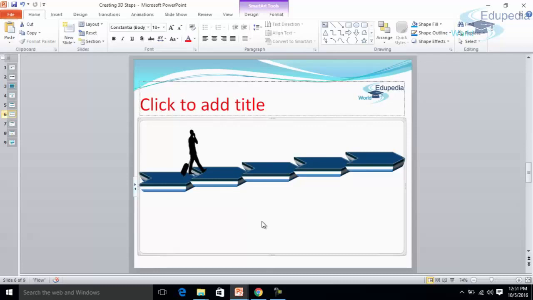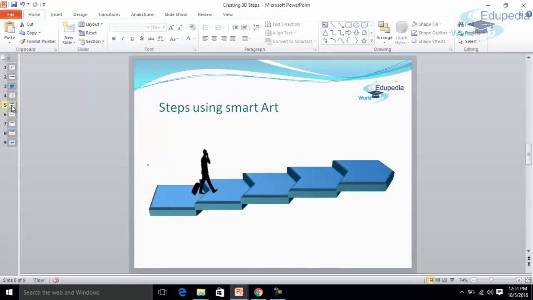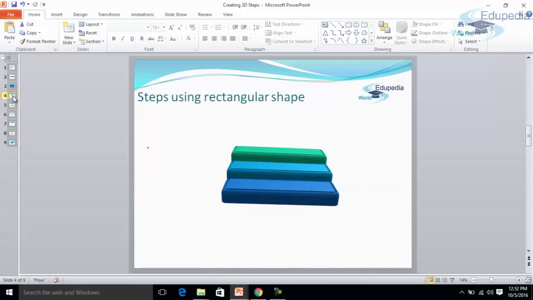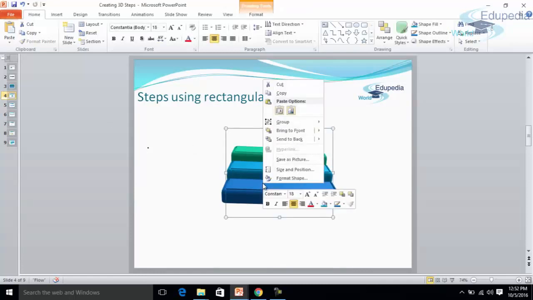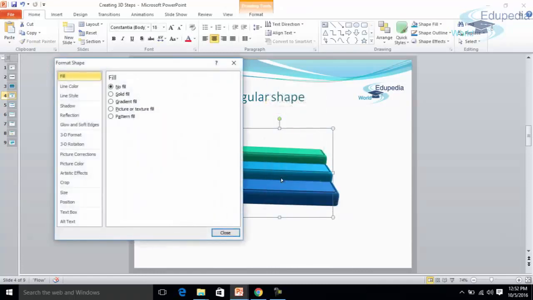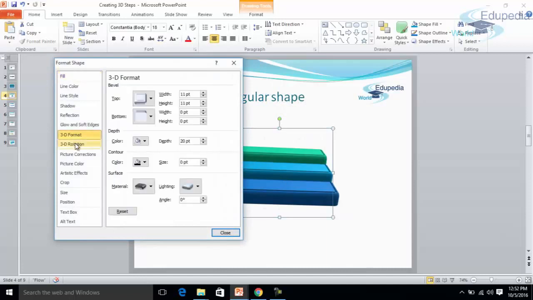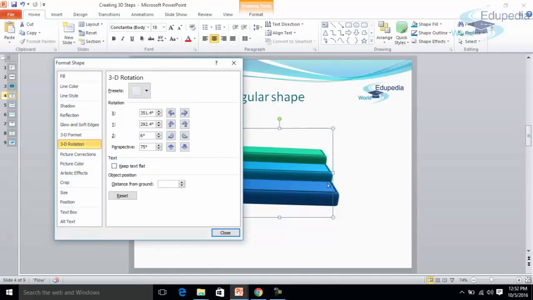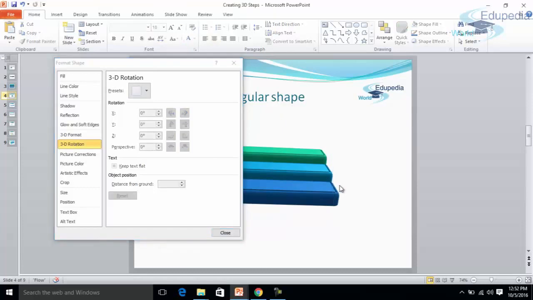So this is one of the ideas or one of the ways. You can increase the height of the ladder. You can try creating that. The other idea was this rectangular figure, one rectangle, and you can give the bevel effect, place 3 rectangles, and then again you can give height to them, like the option that we have selected. That is the height, the distance from the ground.